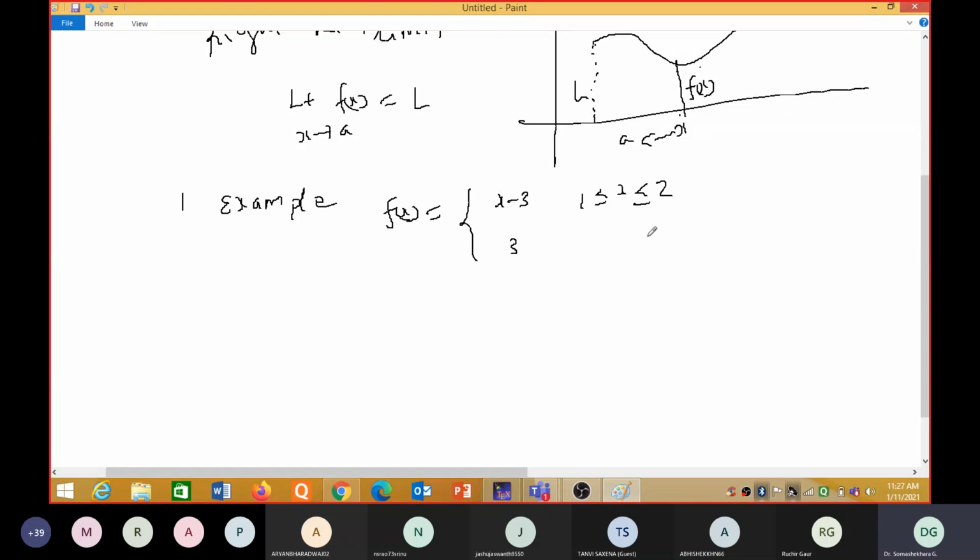2 less than x less than or equal to 4. So this is the problem. Let f of x, our function, be like this, a piecewise function. Then find